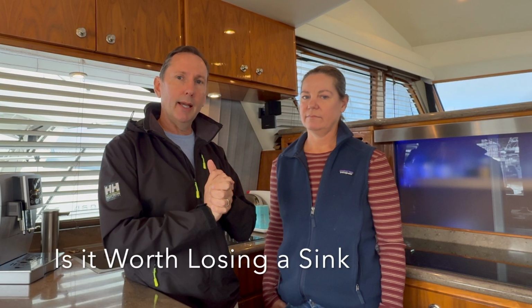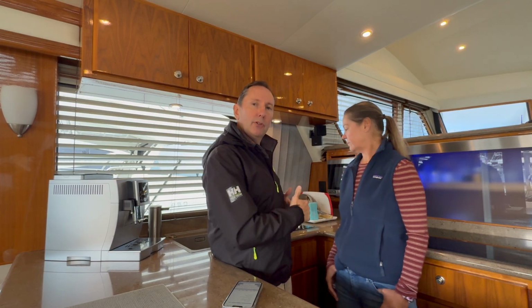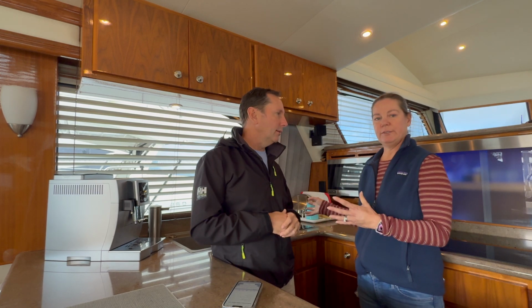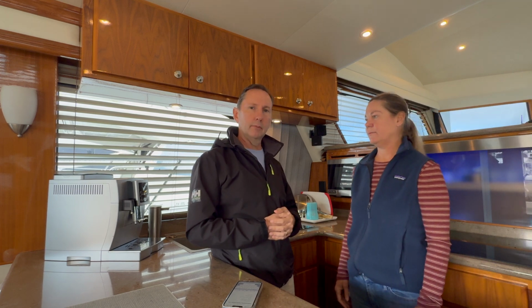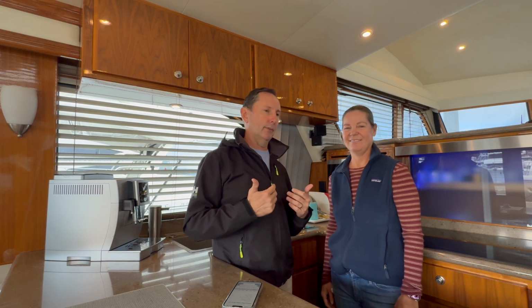I have down here, is it worth losing a sink? What does that mean? It goes in the space of a dual sink area here. Yeah, because prior we had 2 sinks. One has a garbage disposal, and the other one was to wash the dishes with. Right. So now we're just down to 1. But because I'm not having to do the wash, sanitize type of setup, I was actually very worried about this. Like, did I kind of...